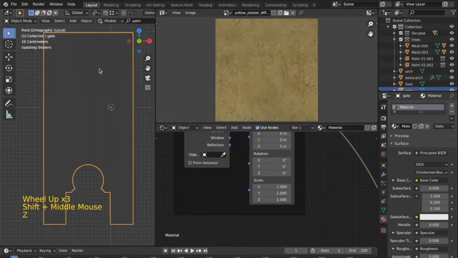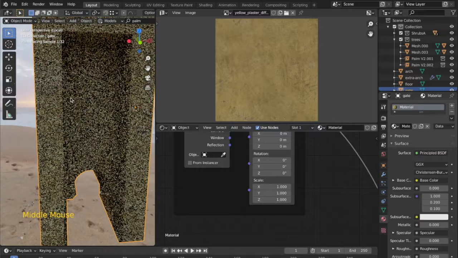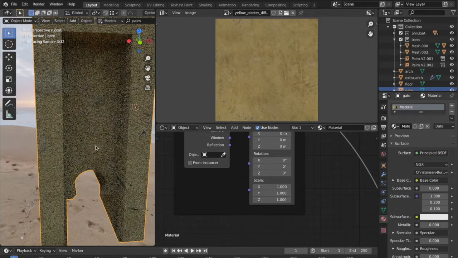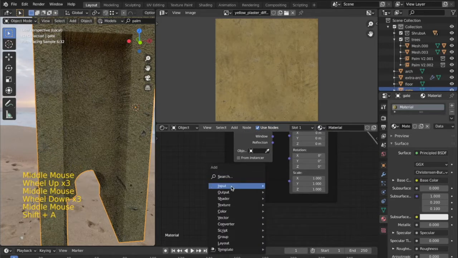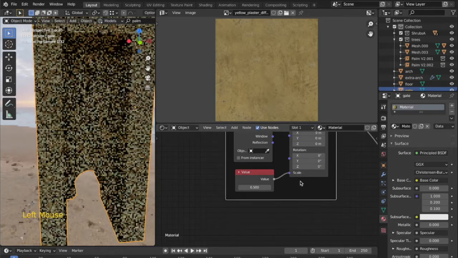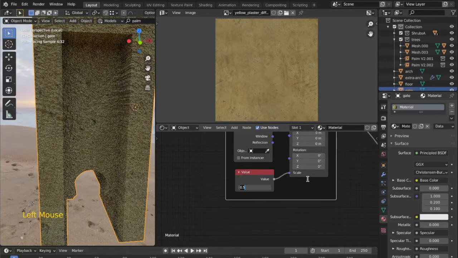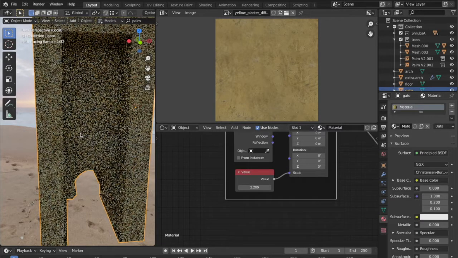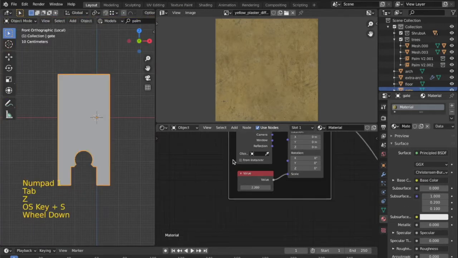Now if I press Z and then render view, what I can see over here right now is that the material has started to apply, but the scale is a bit too much. So for that I can go into the input and then the value node and place this value node near the scale. Now any value I put here will be applied uniformly across all the three axes. One of the values which I found appropriate for this was roughly around 2.2. So giving it a value of 2.2 will make it look fine for our scene.